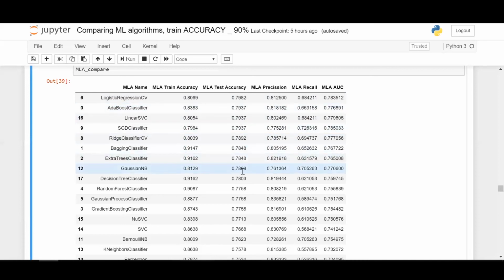For example, you saw Gaussian naive Bayes is 78% in test accuracy and 70% in recall. So this is actually good. And you also have AdaBoost with these values: precision is 0.81, whereas recall is 0.66, but area under the curve is 0.77. So it's a good battle between logistic regression, AdaBoost, and Gaussian naive Bayes as to which one is the best algorithm. Probably running a grid search upon one of these will get the best one possible.